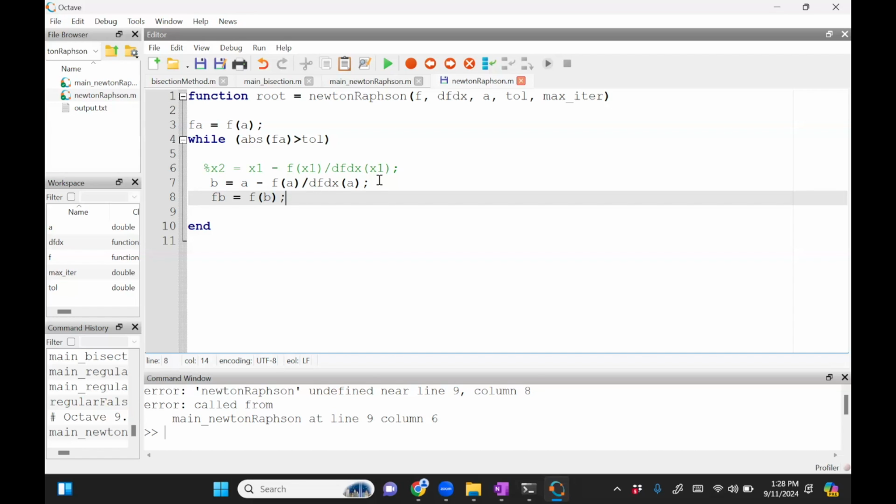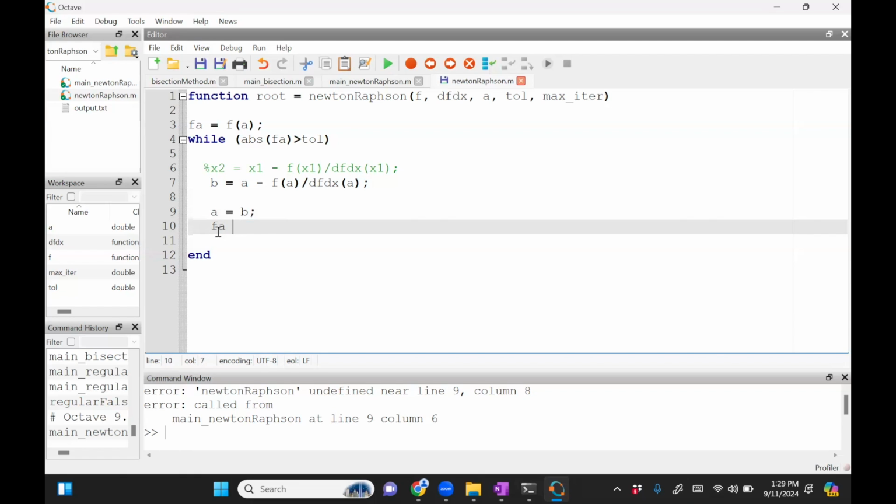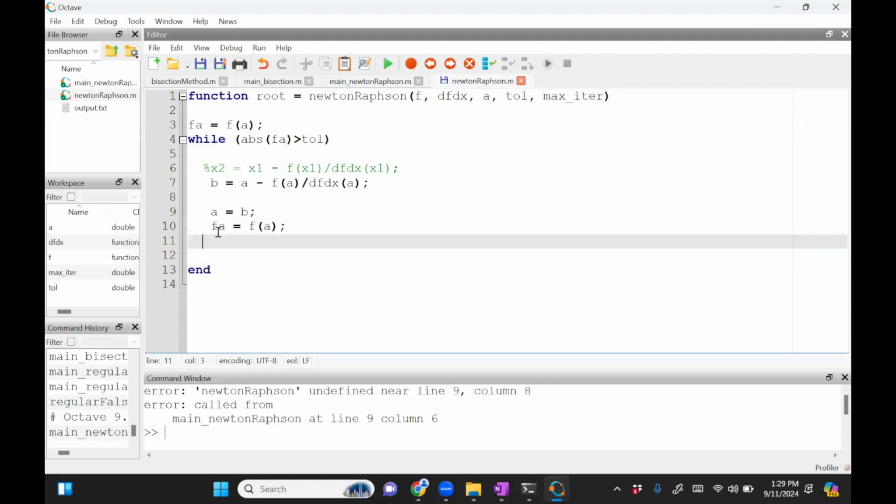So what I need to do is, I need to redefine the variables. So this is what it does every step, but I need to redefine a equal to b. That is because I'm only going to replace a with b for this check to go through. So that's the case. Then f of a will be f of a. So it will check that, and